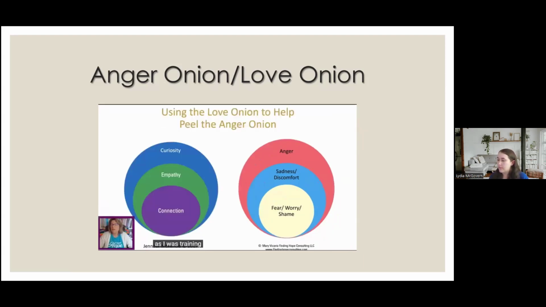As I was training on this with the Columbus Care Coalition, one of their members, Jennifer McKinsey, said, "Oh, well, do you have a love onion? If you have an anger onion, you should have a love onion." And I go, "Actually, I don't have one." So she went and created one for us. So thank you, Jennifer McKinsey, for creating the love onion and allowing us to use it to peel the anger